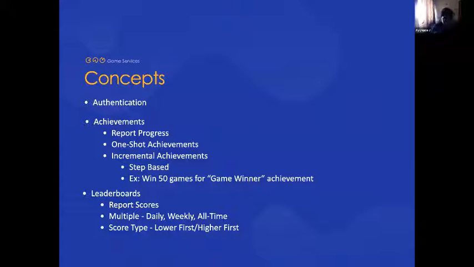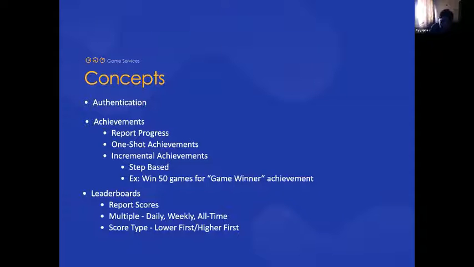So concepts involved in game services: I'm trying to abstract both iOS and Android here. So once you actually implement on iOS or Android, you won't feel any difference, because the abstraction level I'm choosing is such that the concepts are covered on both platforms. Authentication is basically required for using any of these features. As leaderboards and achievements are connected to a player, you need to have the player authenticated, so that they can submit their scores to leaderboards, or report their progress to the achievements.